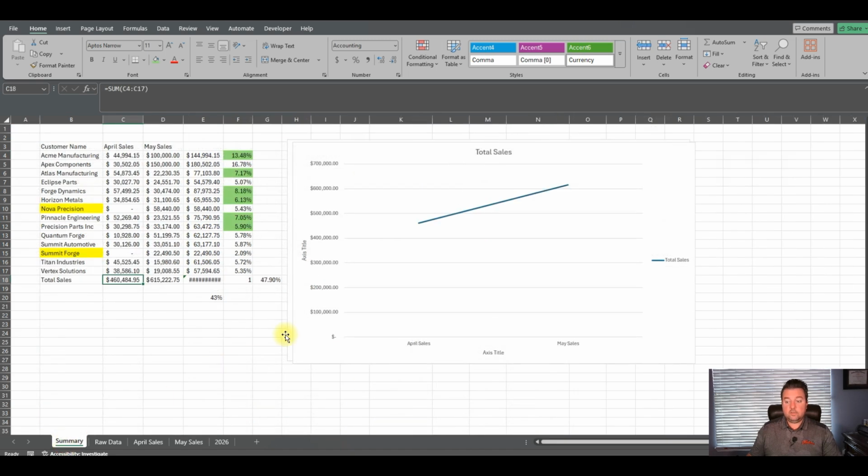Now, if you go back and look, everything automatically updated, okay? Acme, Apex updated here on the front, on the summary. And because the chart was linked to these cells, the chart automatically updated too. So this is great if you're in meetings or if you want to run sensitivity analysis. I don't want you to focus so much on this being sales right now. I'm talking more generally about this process of linking things, linking data, okay?